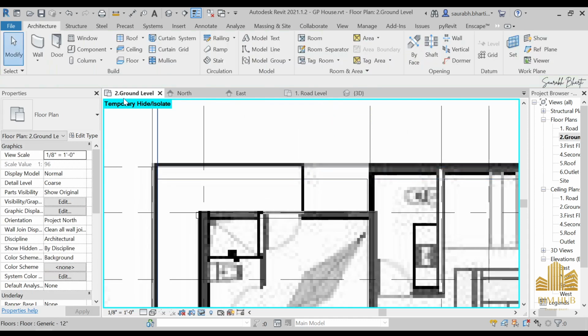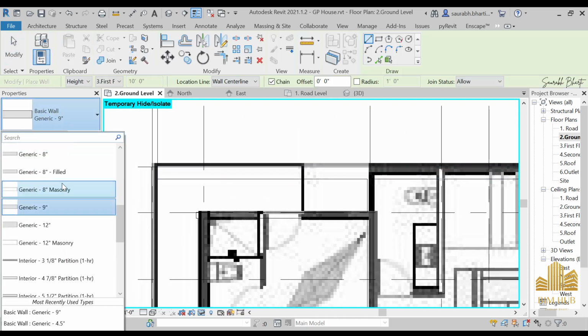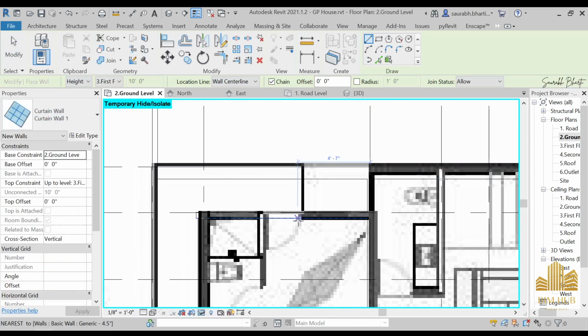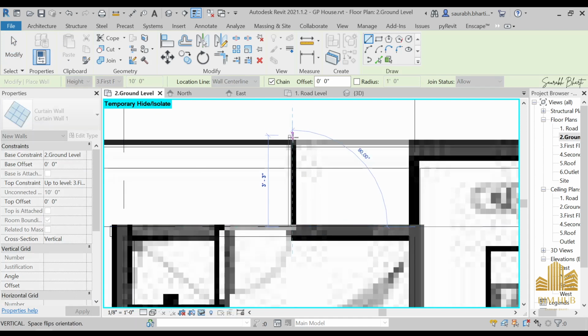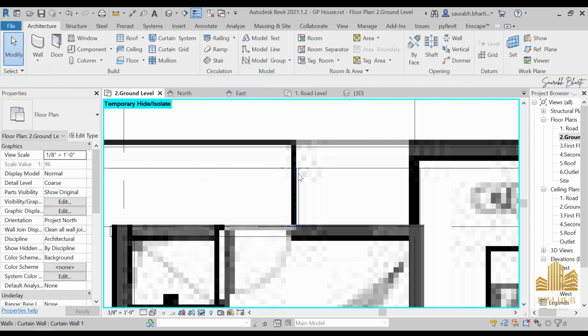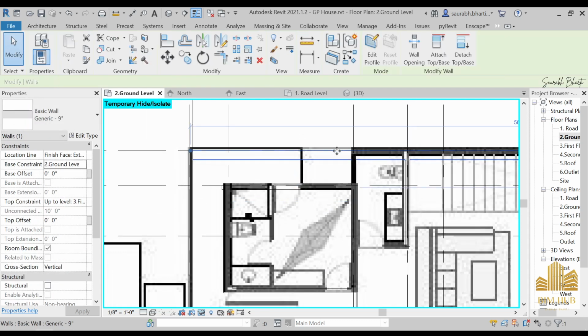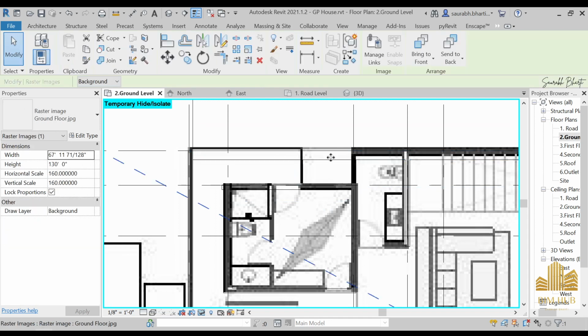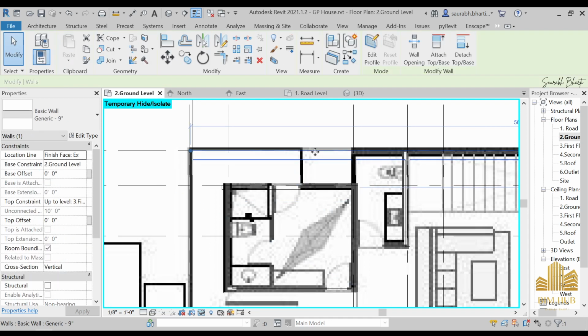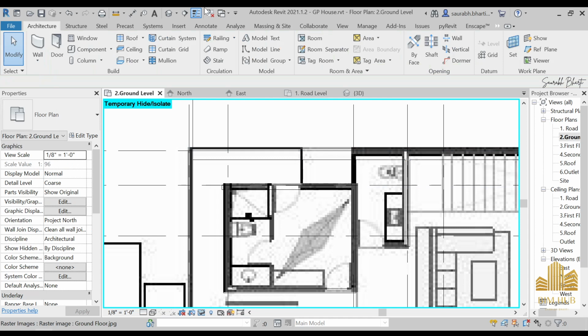And here we have a curtain wall. Just select, every thinner line is curtain wall, and the thicker line is that which wall, that is our 4.5 inches wall. As you can see here we have our 9 inches wall on the outer side, double edge to height. Okay, no,